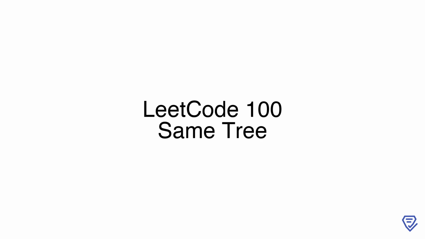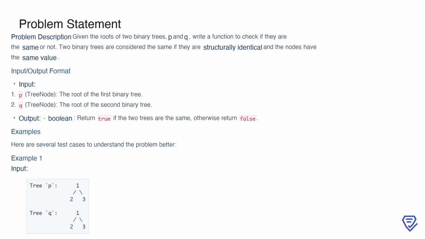In this video, we'll be diving into LeetCode problem number 100, titled Same Tree. This problem challenges us to determine if two binary trees are structurally identical and have the same node values. It's a common and essential question that helps in mastering tree traversal techniques. Let's get started. The problem asks us to compare the roots of two binary trees, denoted as P and Q,